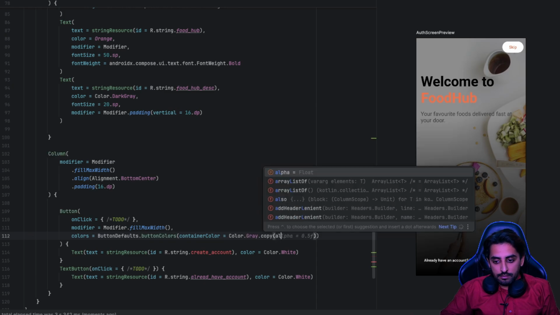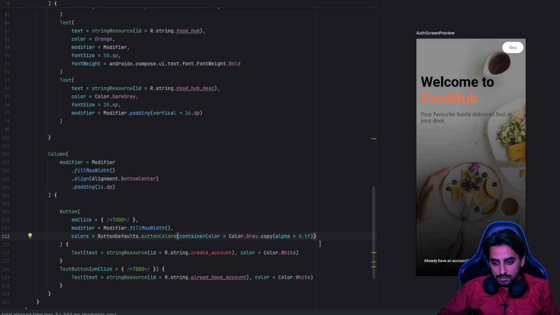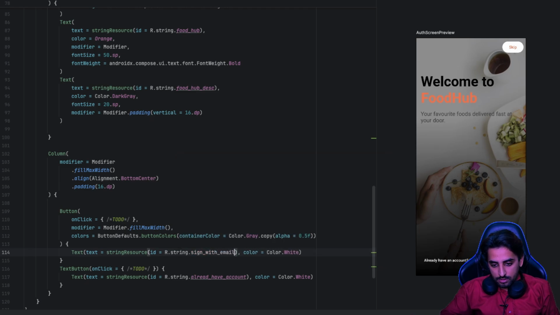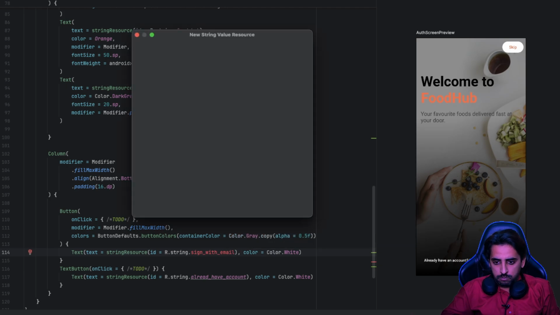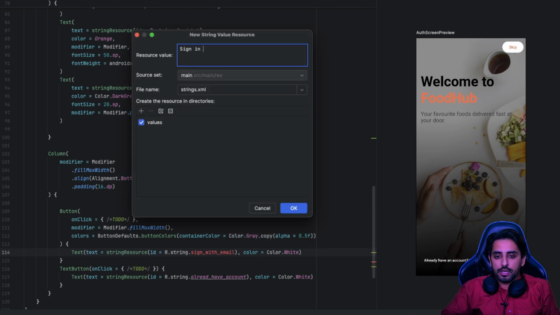And the alpha is going to be slightly, since it's a slightly empty one, that should say sign in with email. Okay,